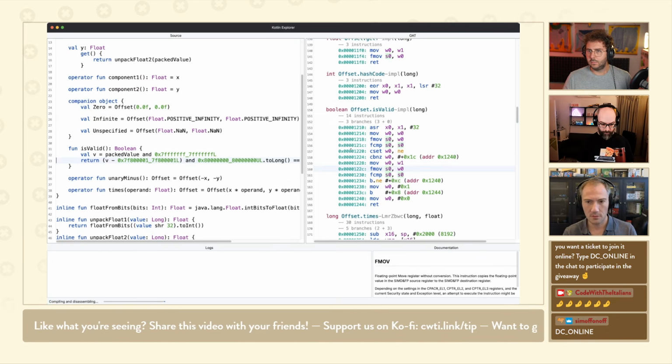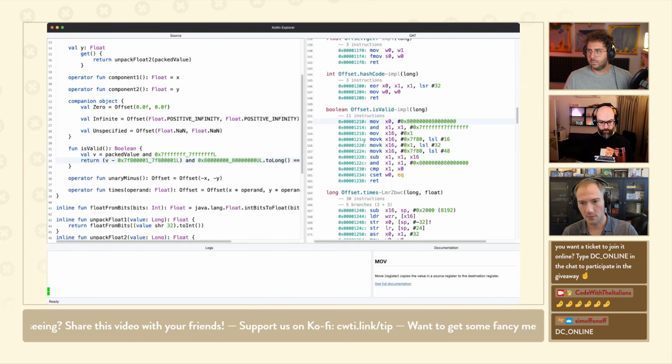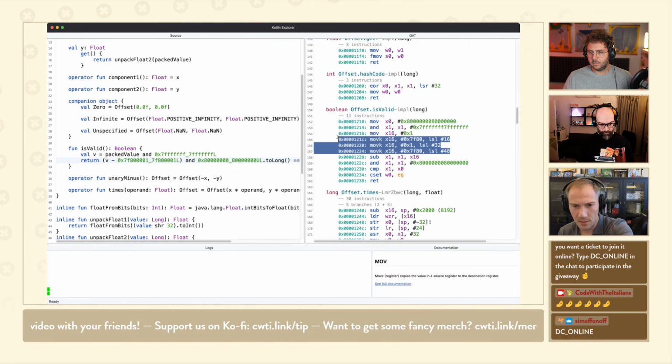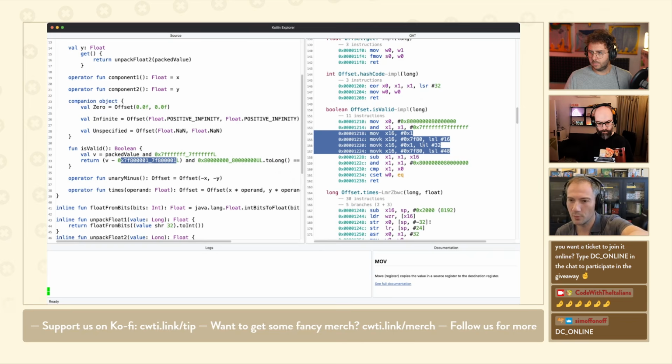All right, so 14 instructions and 3 branches. Okay, and now we're down to 11 instructions, no branches. And you can actually see when you look at the values exactly what the code is doing. Interestingly, it's loading this constant, that constant. But because of the way ARM works, sometimes constants are loaded with multiple operations, so it's loading parts of the constant in multiple steps.